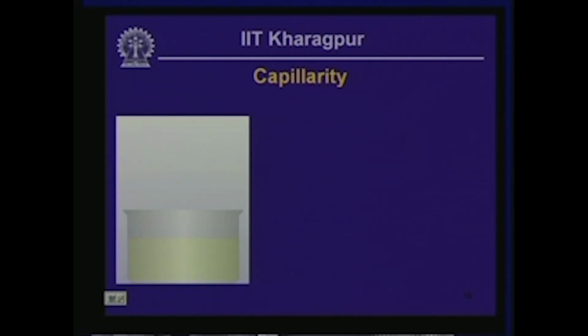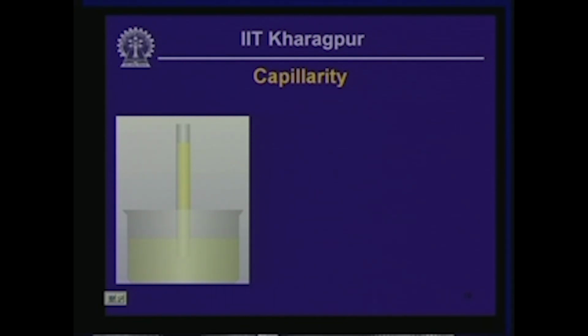Now let's consider a bowl of water as shown on the left, and let's say we insert a vertical tube of a relatively small diameter into that particular mass of water, like shown on the slide there. So what is going to happen if you do that? Water is going to rise through the tube as shown in that